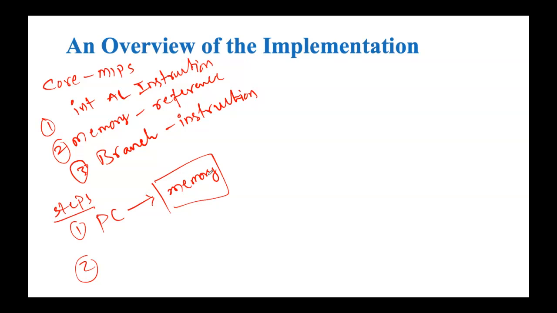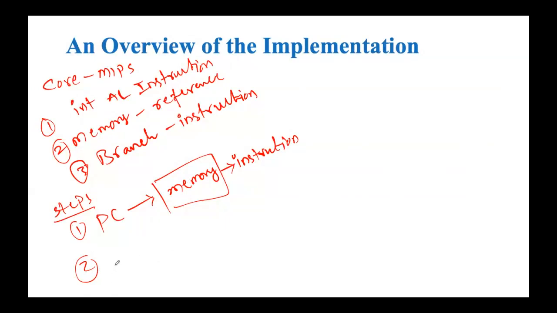It sends the program counter to the memory that contains the code and fetches the instruction from the memory. The output of the memory is the instruction. Fetch the instruction from the memory. And second